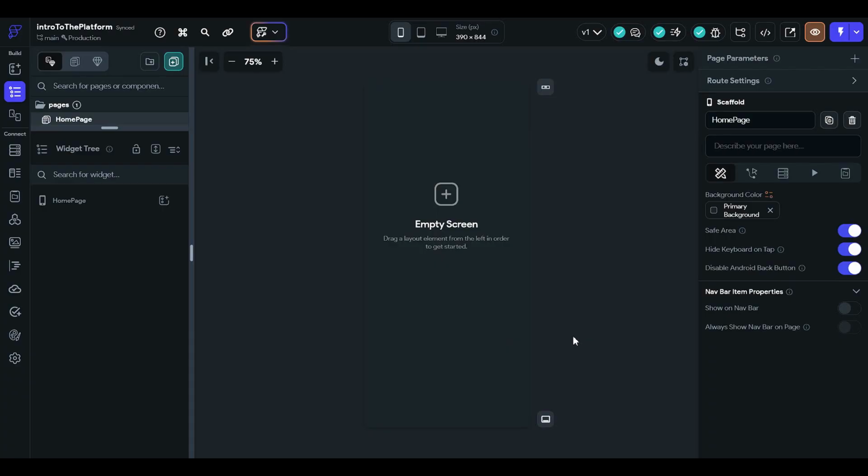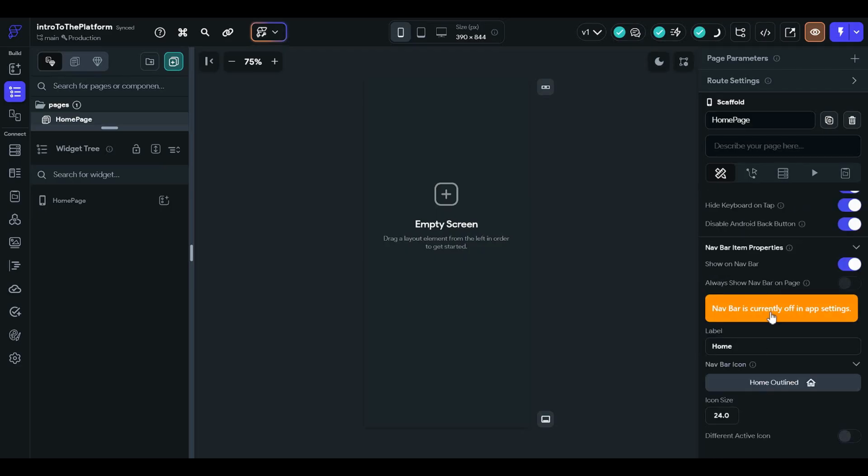and the user will be lost or be confused that why am I again navigated to the create account page or the login page. So this button is useful if you don't want to allow the user to navigate back. If the user is clicking on the back button, it will disable the Android back button.